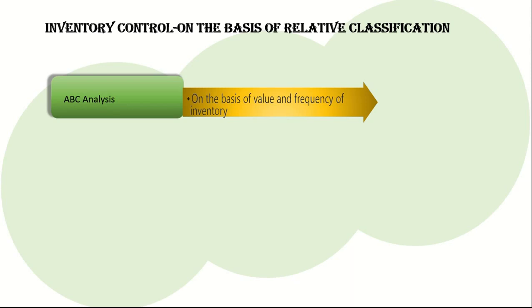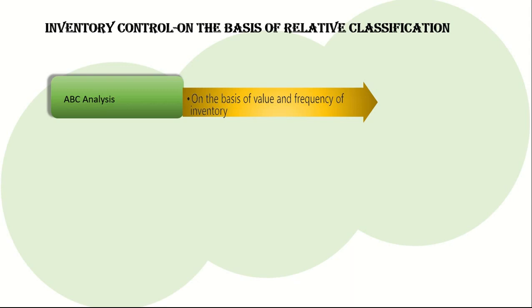B category: this category of items is relatively less important. They may be 20% of the total items of material handled by stores. The percentage of investment required is about 20% of the total investment in inventories. In the case of these items, as the sum involved is moderate, the same degree of control as applied in A category of items is not warranted. The orders for the items belonging to this category may be placed after reviewing their situation periodically.